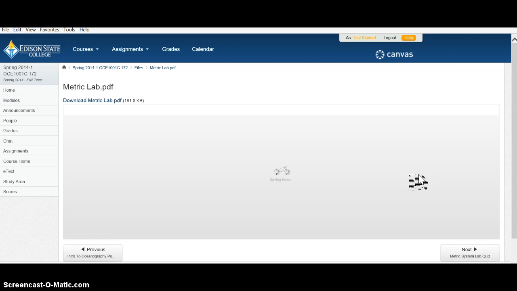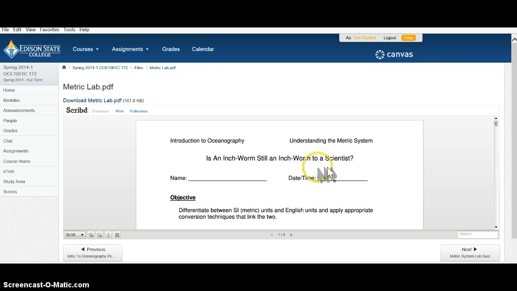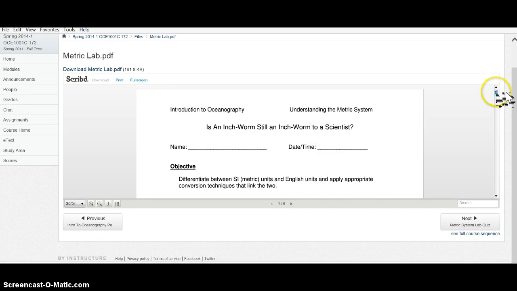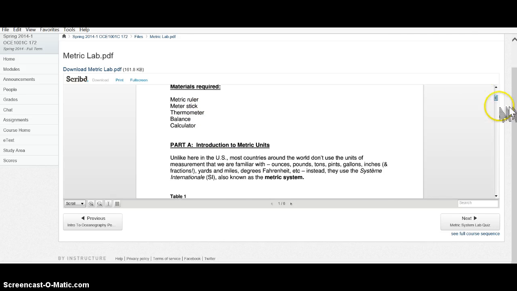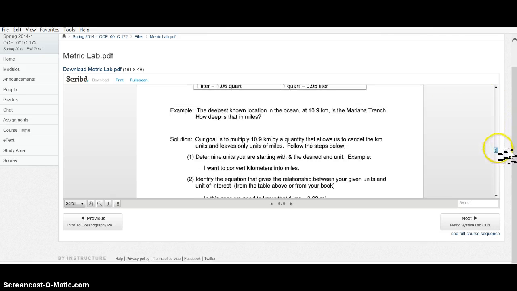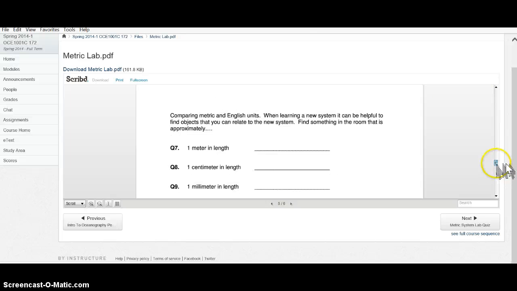then it's going to tell you the next thing to do on your list is your metric lab. I highly suggest printing out this metric lab. It's a PDF. A couple of things you'll see when you're scrolling down is that it says you need a thermometer, a metric stick, a ruler, and a balance. You really don't need any of those items. For the most part, they come in handy at the very end of the